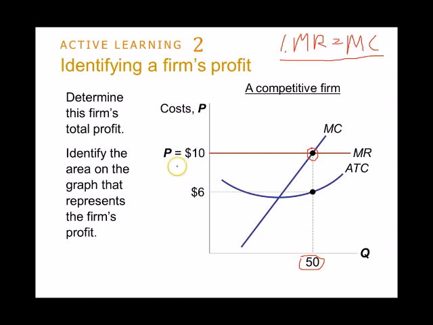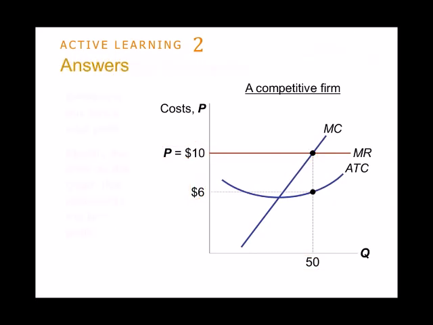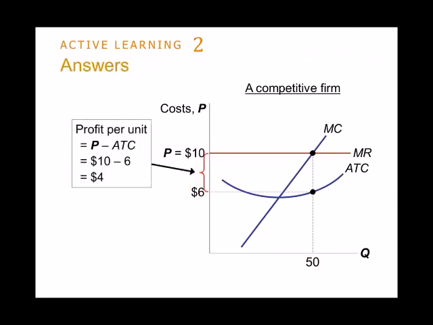This is the price that they're charging. So at Q equals 50, if profit is supposed to be maximized, it's going to be at quantity equals 50. Now, how much does it cost to produce each unit on average? We find out the average total cost. This is $6, what it costs me to produce one unit on average. So the cost per unit is $6. The profit per unit is, well, it brings in $10. It cost me $6 to make it, so it's $4 of profit per unit.